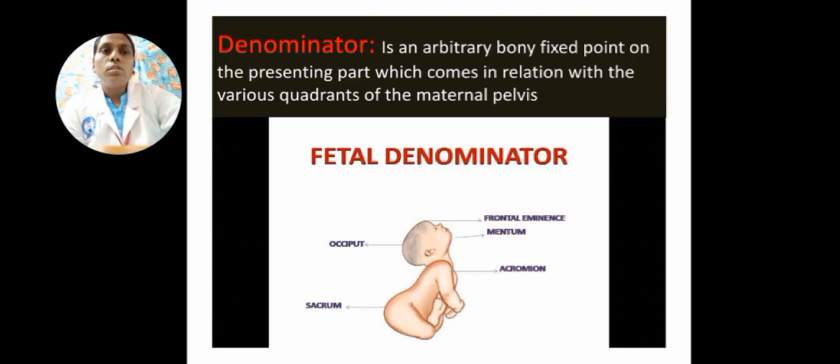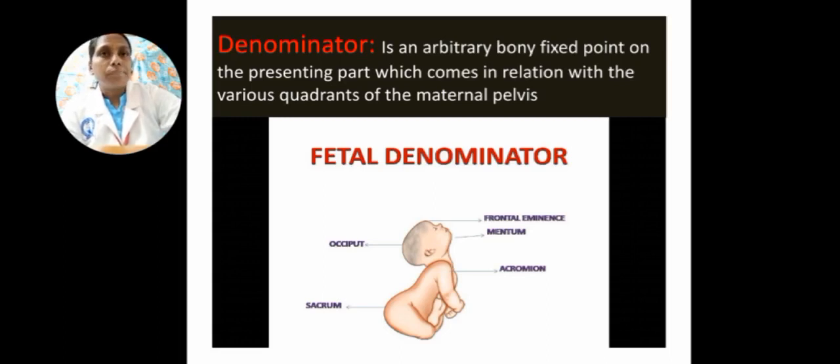Denominator talks about an arbitrary bony fixed point on the presenting part which comes in relation with the various quadrants of the maternal pelvis. So this fetal denominator depends upon the presentation; it will be different. In case of vertex presentation, occiput will be the denominator. Denominator says about the bony prominence